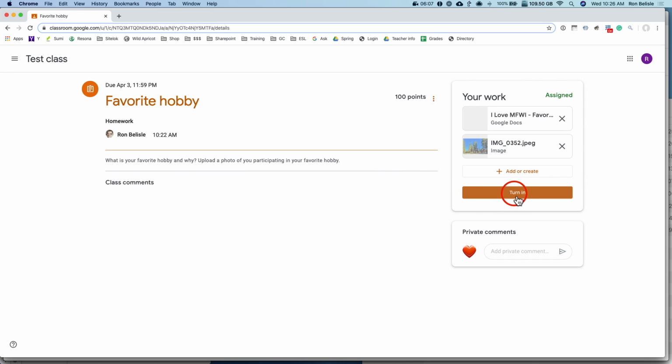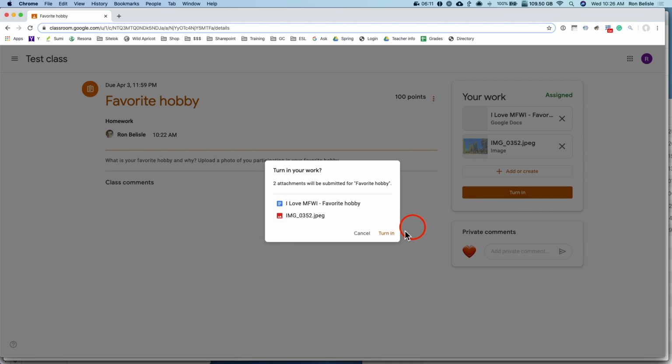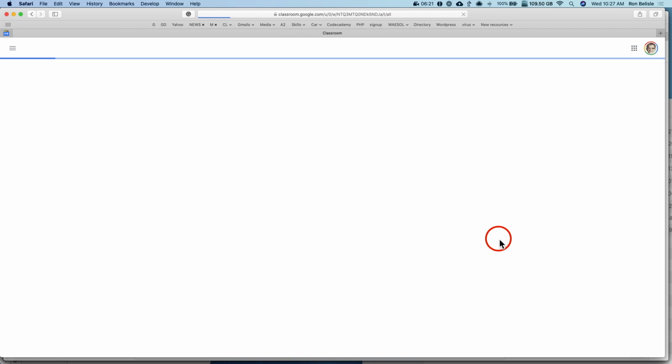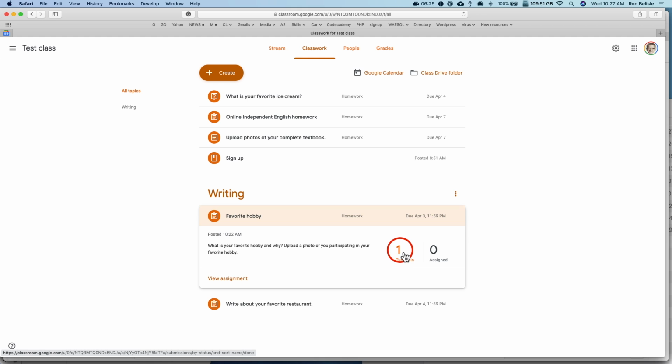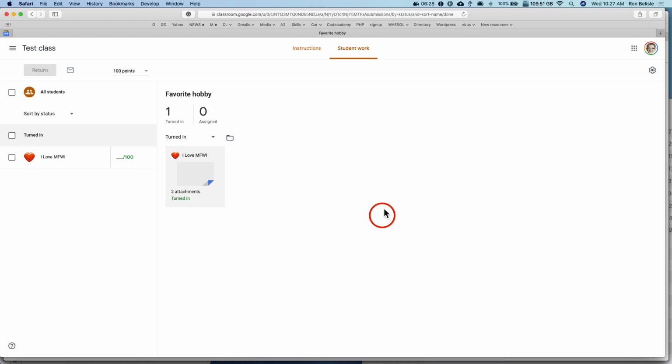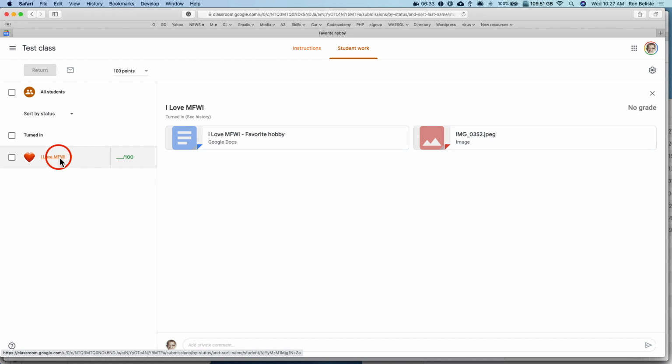Now when the student turns this in, they're going to get this, and the turning in will involve 2 documents. And now when I go as a teacher, refresh that page, I can see that one student has turned it in, and if I click here, there it is. It's this person, and I can look at their document that they wrote in and their image that they provided,